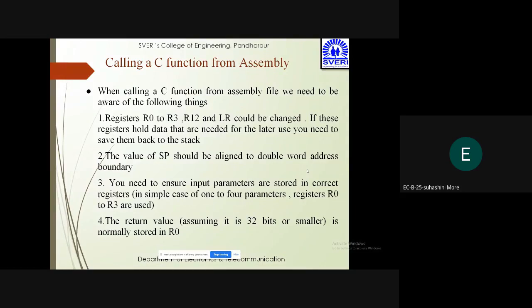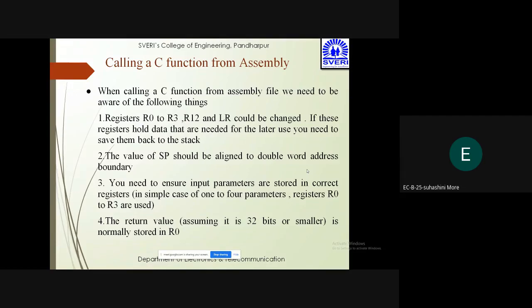So as we are seeing this, further points that are very important, in order to understand, once again, we'll see this: registers R0 to R3, R12 and LR can be changed, hence they should be stored. If these registers hold data that is needed for later use, you need to save them back to the stack.